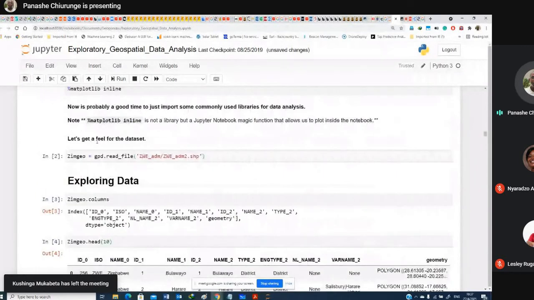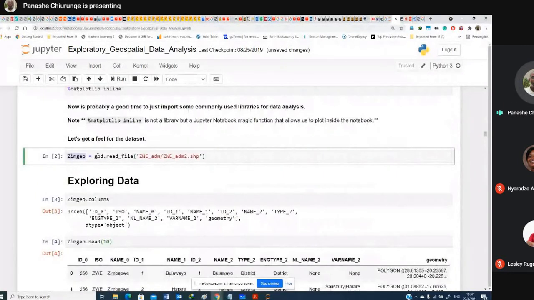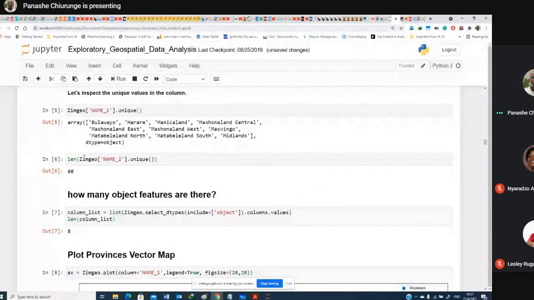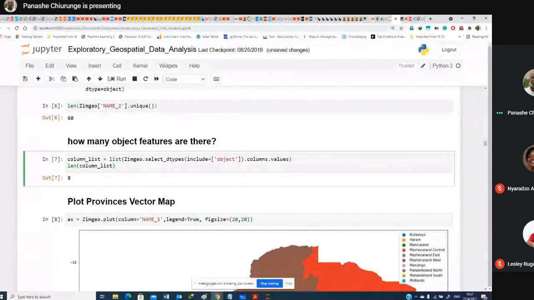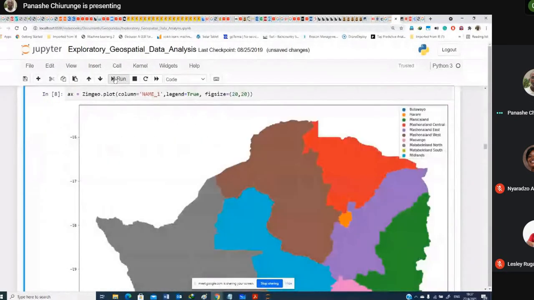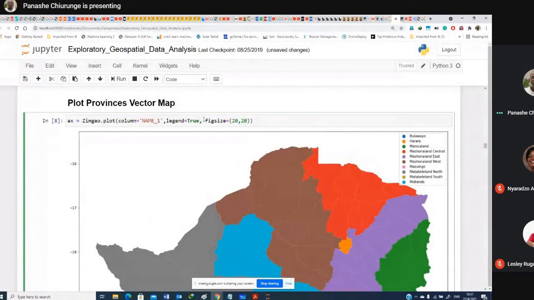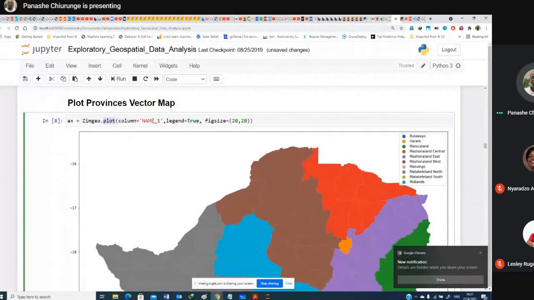Remember, here I imported my data using GeoPandas and called it ZimGeo, right? And after that, I can now plot. So what basically this is, I'm now plotting the